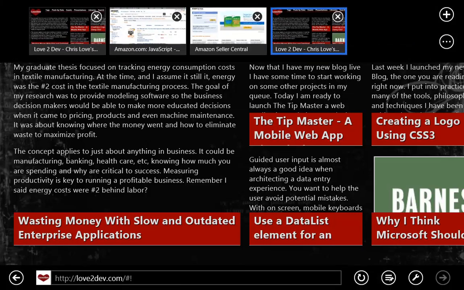And so if you look at it, here's the main URL down at the bottom. If you glance down there, hopefully you can see that. And it says lovetodev.com slash the pound or the hash bang. And we call that the hash bang. And the reason why I have the hash bang there is because this is a single page application. And since the beginning of time, back in the early 90s,